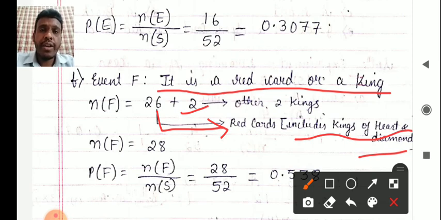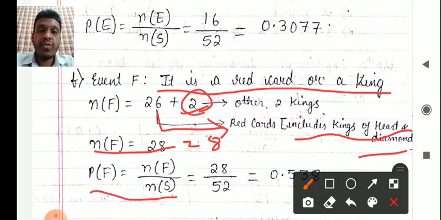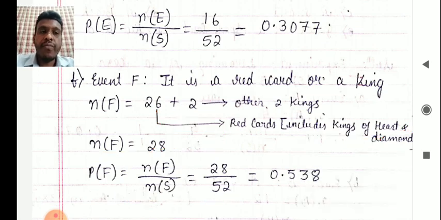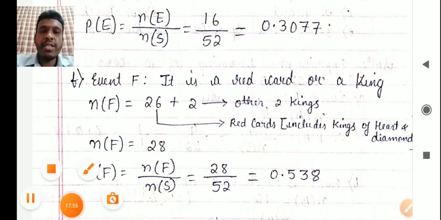that is king of clover and king of spade. So these are the two other kings I am adding to that. So 26 plus 2, that is equal to 28. 28 cards you have total, which are either red color cards or it might be a king. So P of F is equal to n of F upon n of S, which is equal to 28 upon 52, that is nothing but 0.538. So I hope you have understood this. This was quite